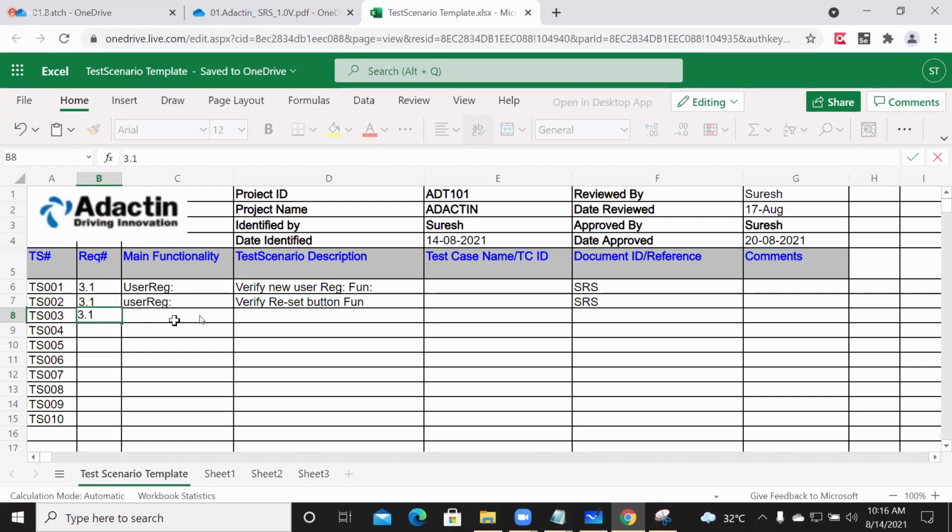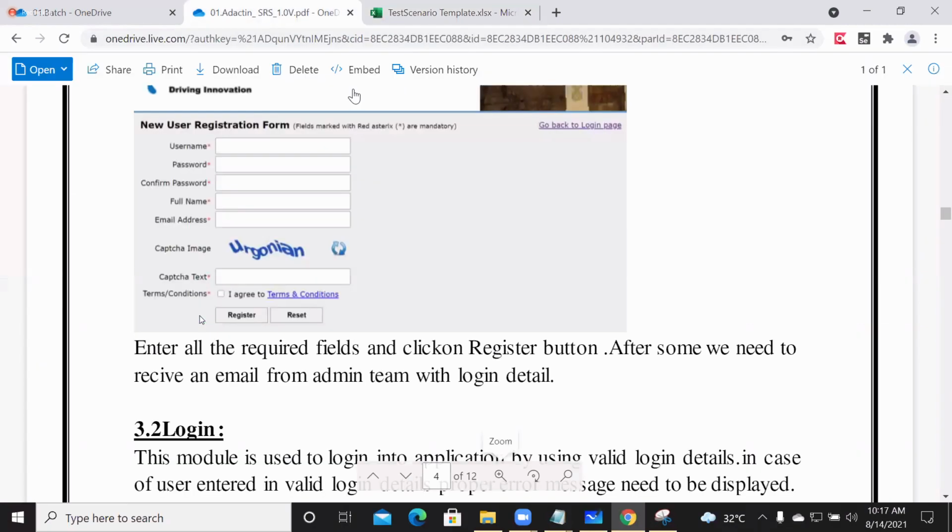Next, 3.1, user registration. Now you will be able to see some links here. Go back to login page is one link in blue color. Terms and conditions is one more link.